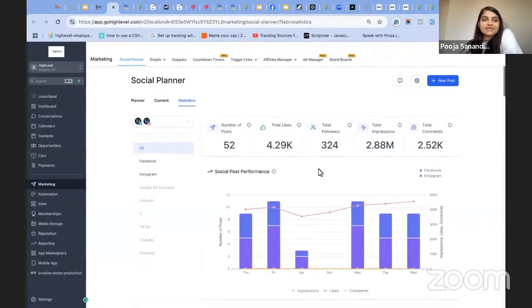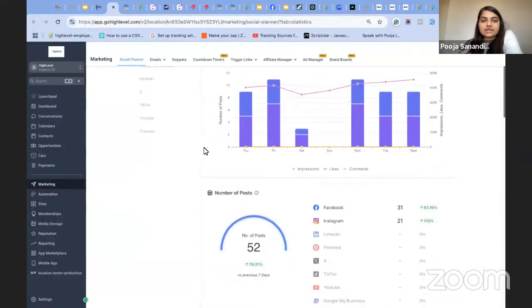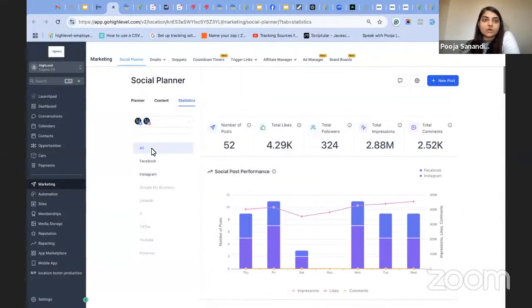Cool. So basically, this is what the social planner analytics looks like. Recently we started with the first two socials, Facebook and Instagram. Basically, in the All area, the idea is that we want to show you all the social planner analytics from all the socials. It will show you which social is performing max for you, and where to focus your strategy more around sharing your content,